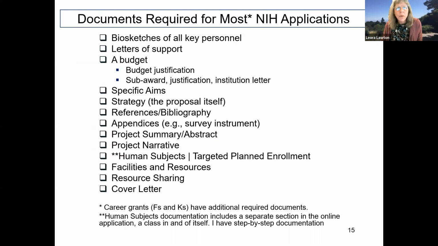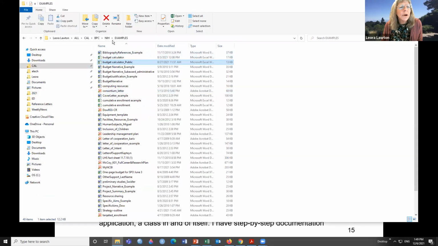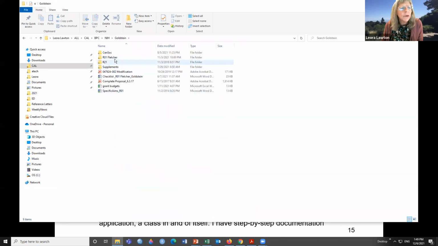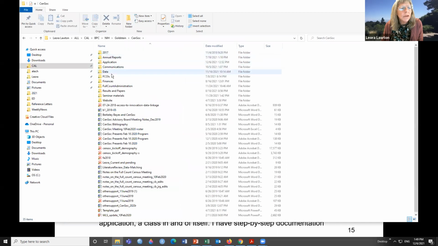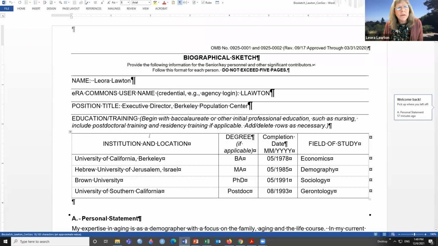All right, documents required for most NIH applications: biosketches. So the biosketch is sort of a version of your vita. It's not your vita. Let me see if I can pull one up. I'll just show you mine from Senso, which I'm not totally wild about now, but you know what the heck. So it's a standard form. You have to use this form and just this form,